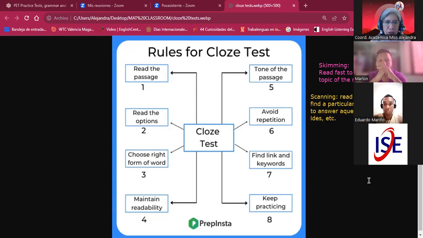Number 3, choose the right form of word. Is that a verb? Is that a preposition? Is that a conjunction? Is that a noun? 4, maintain readability. What does maintain readability mean? It means that you read the sentence again and see if it makes sense or not. Okay, for example, if you have something like this,